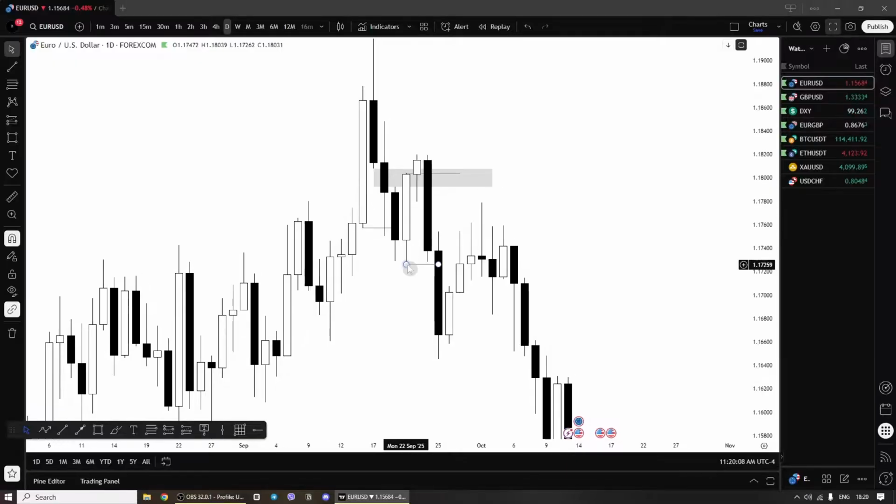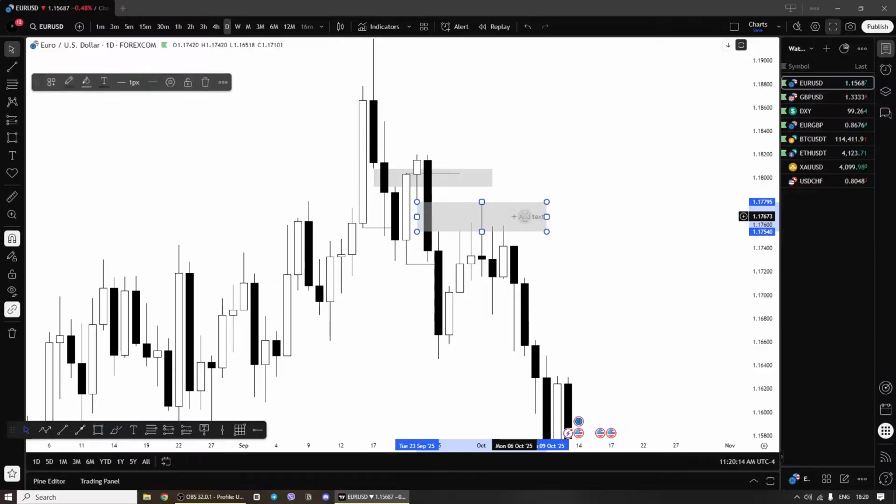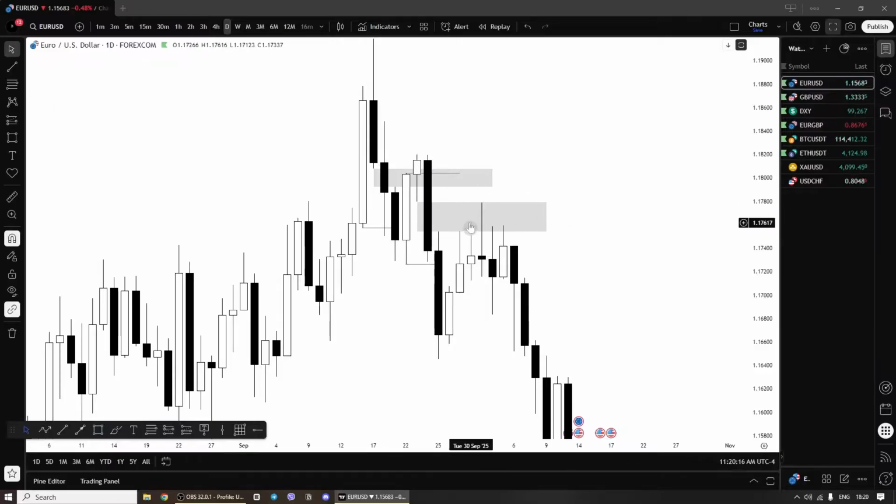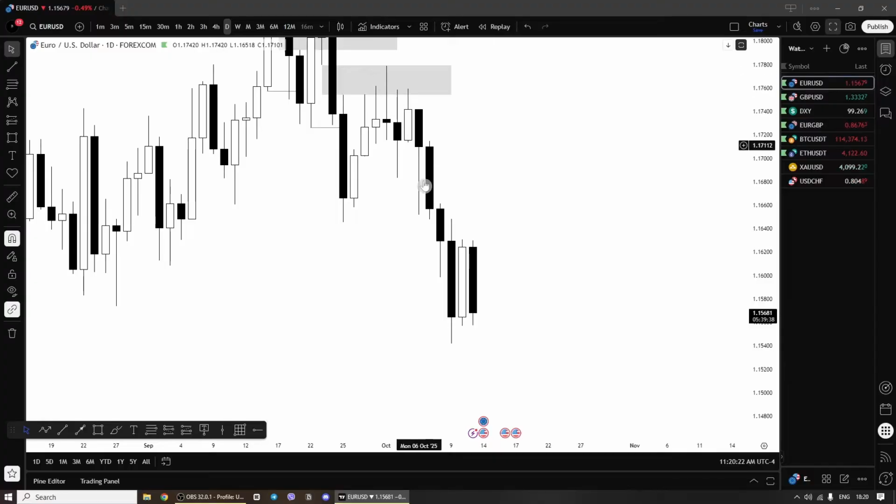And once we take the external range liquidity, we come back to our internal range liquidity, in this case the fair value gap, or the change in state of delivery candles, to do an external move right here,